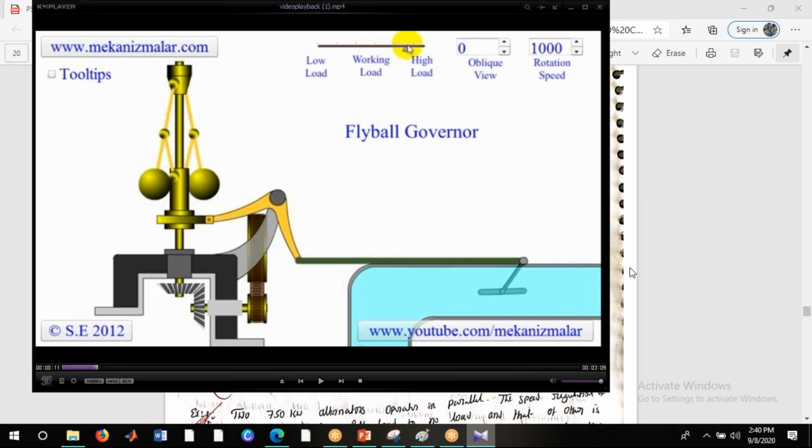ఇక్కడ మీరు అబ్జర్వ్ చేస్తే దిస్ ఇస్ ద రియల్ టైమ్ మెజర్మెంట్. See on top of the video there are rotating speed, oblique Q, working load, high load, low load. There are 3 measurements, right? So based on this condition, they are keeping based on what is the load and how much speed we have to set. So ఇప్పుడు మనకు ఇక్కడ 1000 rpm ఉంది. సో 1000 rpm అన్నప్పుడు ద జనరేటర్ నుంచి వచ్చే పవర్ అనేది ఏ లోడ్ సంబంధించింది అంటే లో లోడా, వర్కింగ్ లోడా, హై లోడా. సో ఇక్కడ ప్రతి లోడ్ ని 3 కేటగిరీస్ చేస్తారు. సో low load, working load, high load.